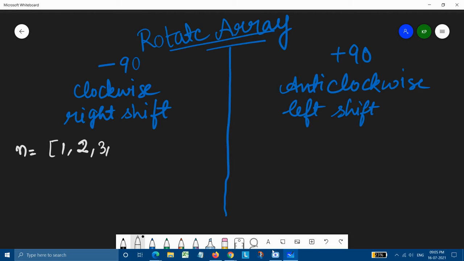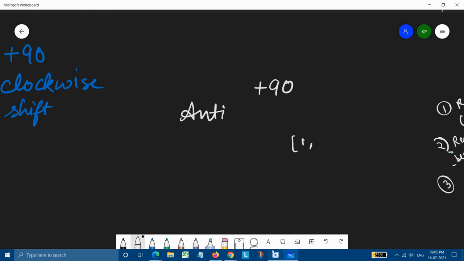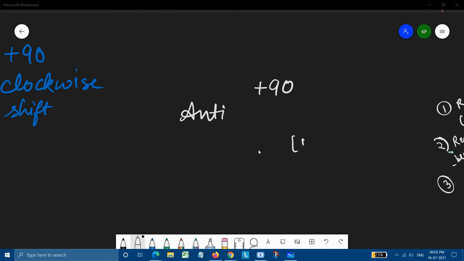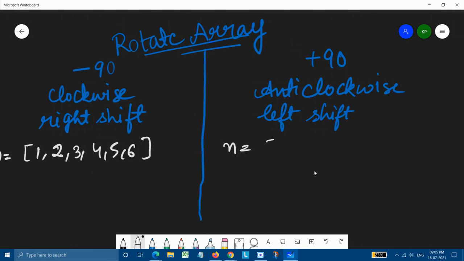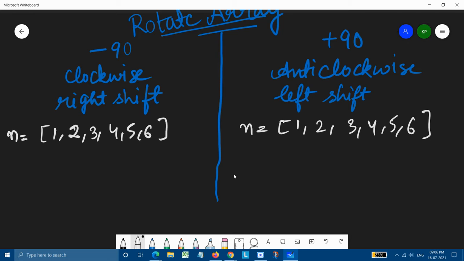So our elements we are taking as 1, 2, 3, 4, 5 and 6, and here also 1, 2, 3, 4, 5, 6. Then let's take k equals 2, and here also k equals 2.